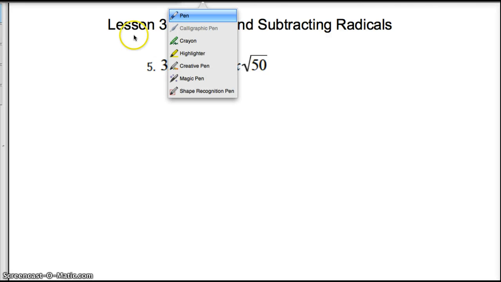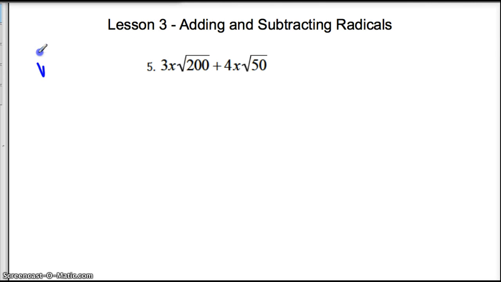Just to do a quick reminder with you guys, okay? There's three things that really go into a radical. Let's call this A and B. The first thing is called the radical. That's that symbol right there. You guys know it's called the radical. You've seen that all before. What's inside the radical is called the radicand. And what's outside, this number right here, is called the index, meaning how many of something need to multiply to